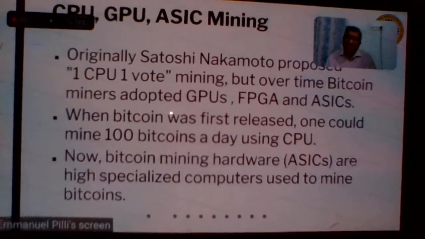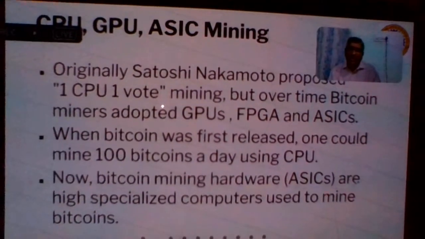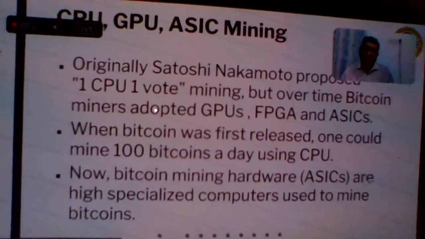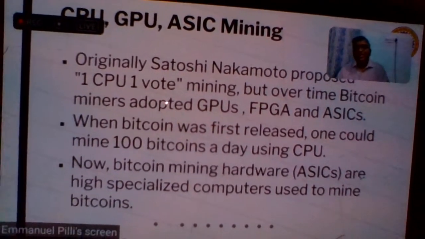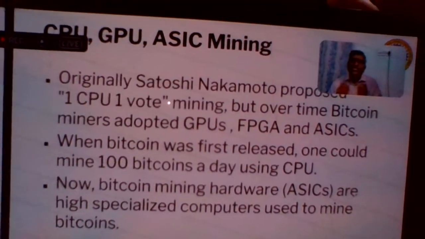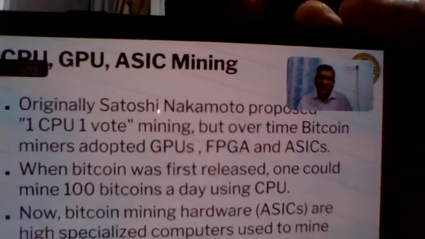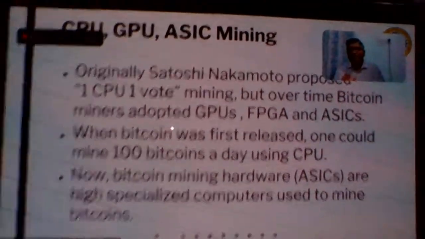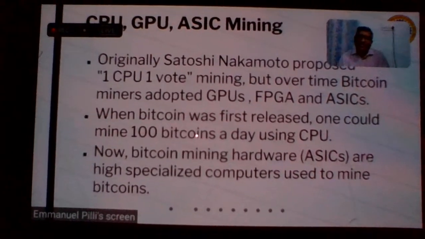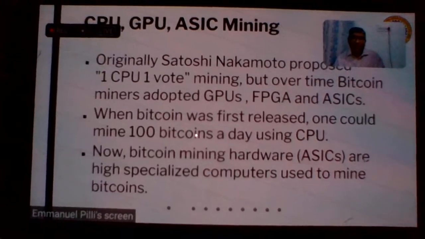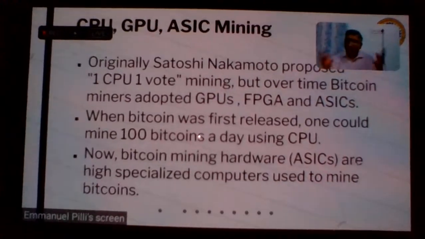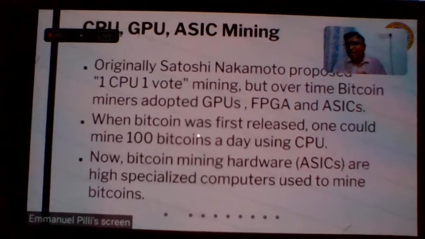Later, people came up with FPGAs also, field programmable gate arrays, and then later what is called ASIC. Yesterday, somebody was asking a question: application-specific integrated circuit. Yes, you create an integrated circuit which does only one application. It is specific to an application. That application is nothing but your mining algorithm. You take the mining algorithm and hard code it into hardware. That's where VLSI and some of these concepts come in, FPGA, reconfigurable computing and all. So you create a hardware chip for the mining algorithm. You take maybe Ethereum or any of those blockchains, and then you create an ASIC for the mining.